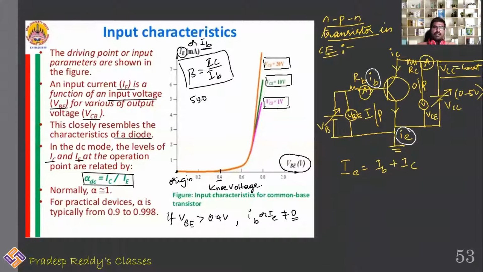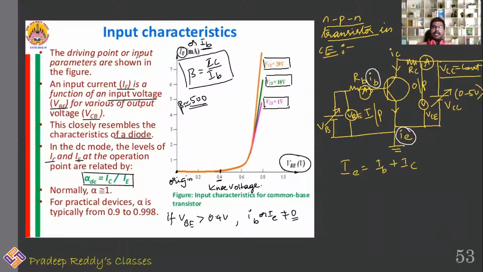So beta value is nearly equal to 500. Because CE configuration, in forward and reverse bias, acts as an amplifier. Therefore, when a transistor is operated in CE configuration, that too an NPN transistor, the beta value is approximately 500. And alpha value, gamma value are nearly in between 0 to 1. Remember that. Only beta value will be very, very high. That's the reason why we prefer to use CE configuration as an amplifier.